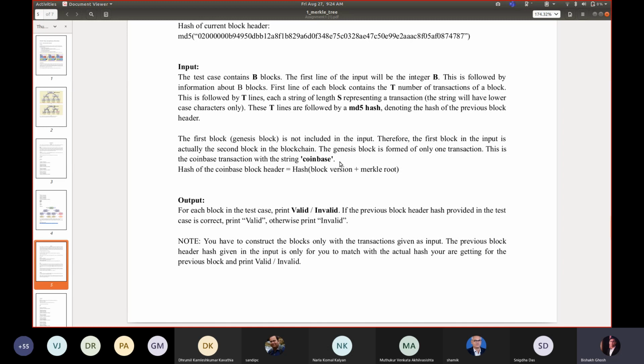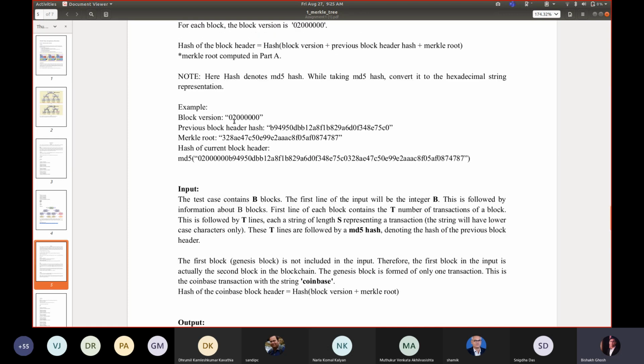It will have only one transaction with one string, Coinbase, and from this single transaction you create the Merkle root, which is just the hash of this string. Then you concatenate it with the block version, which is the same as the one provided, the same string 0 2 followed by a lot of zeros.